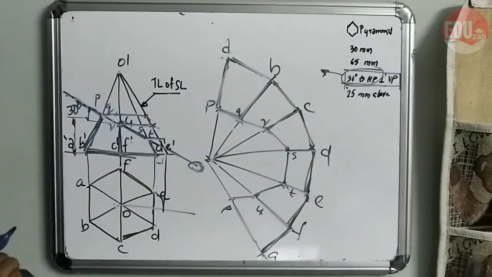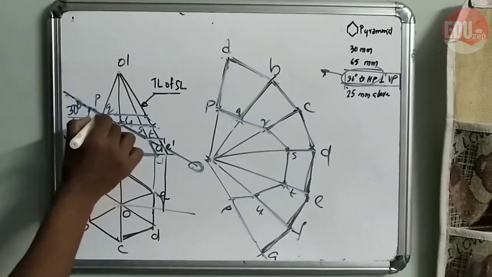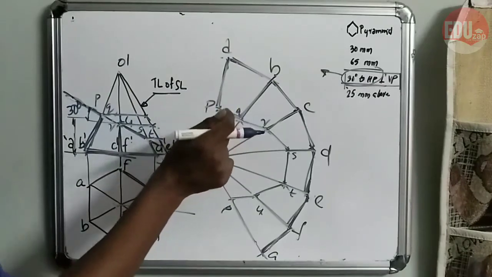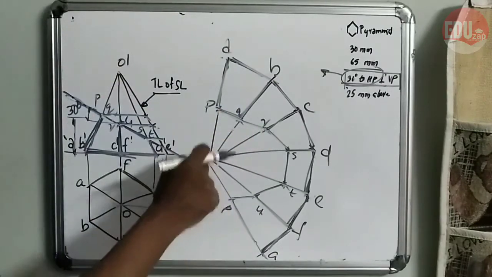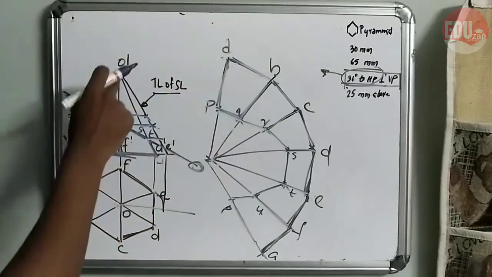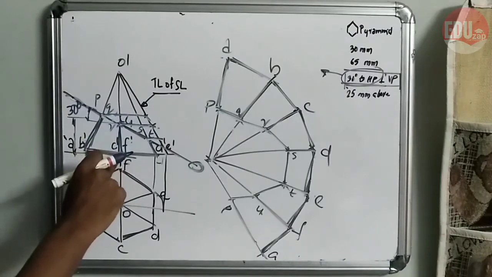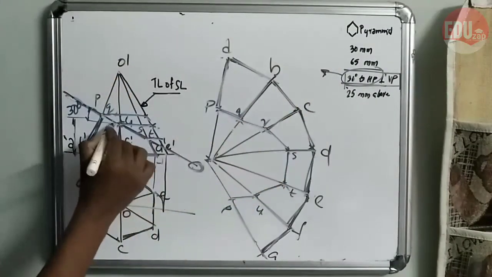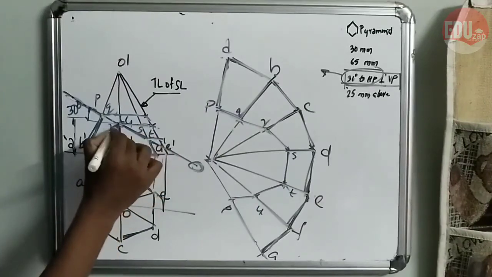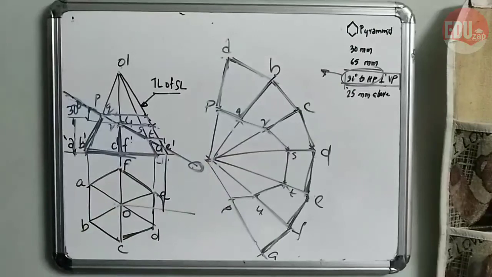So you have to check two things before plotting the intersection points in the development. You have to give them to the true length line, because here OA is in true length but here OA is not in true length. OC also, OC is in reduced length here but here OC is in its actual length. So for that we have to give that intersection point to the true length line first. After that you can draw the development. Thank you.